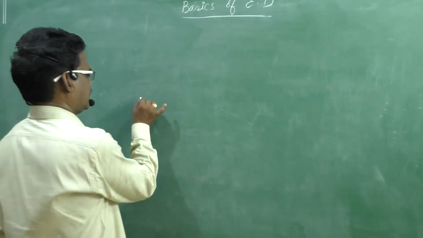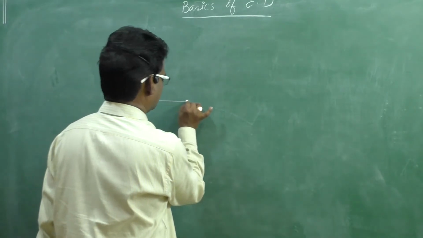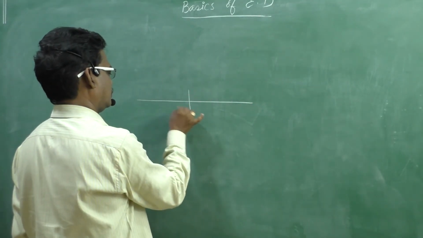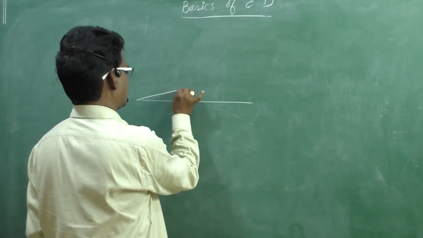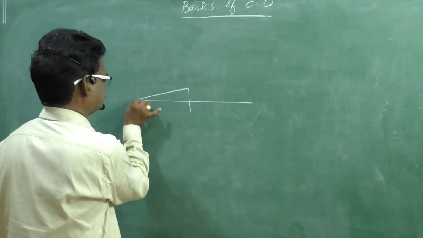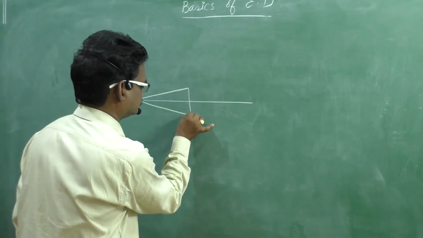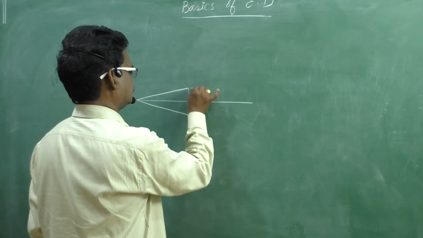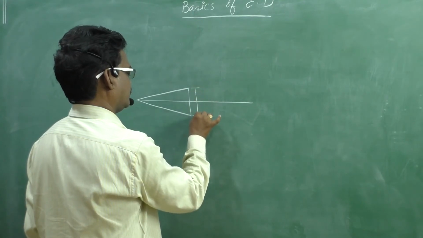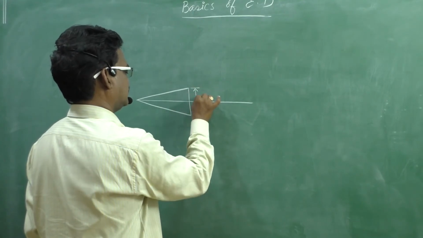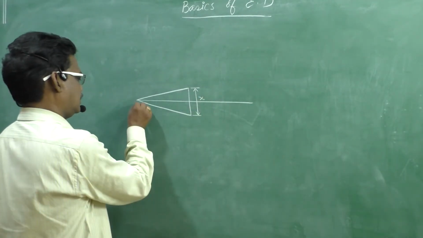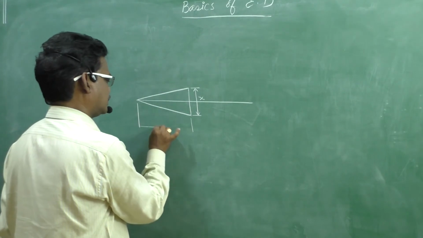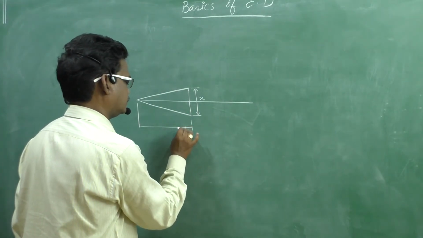So for the arrowhead, suppose this is an arrowhead, and this length we consider as X, and this length we consider as Y,